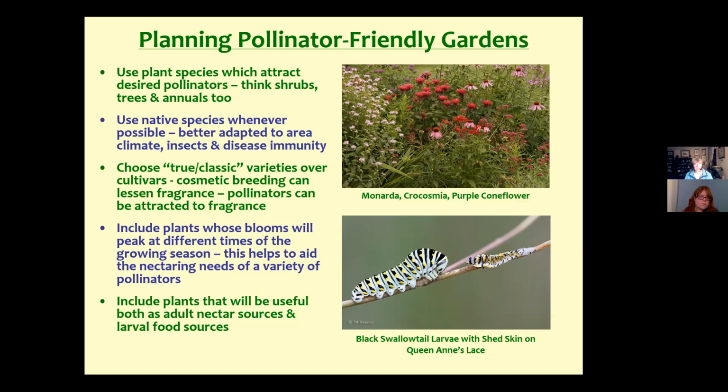And then include plants that will be useful as both adult nectar sources and larval food sources, which means here is our black swallowtail again on a Queen Anne's lace. This is not a dead black swallowtail. That's just the skin that caterpillar crawled out of. And so it just remains there looking like a little deflated balloon